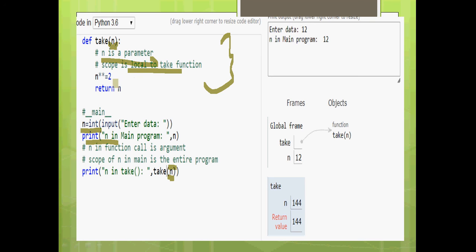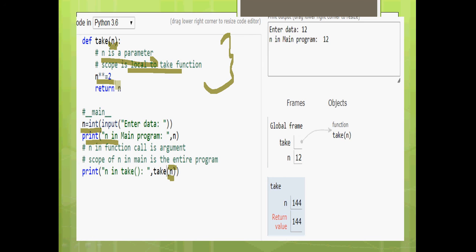Now you can see that this function is finding the square of the number, that is n double star equal to 2. This is an augmented assignment. I hope you remember. The meaning is that n is equal to n double star 2.